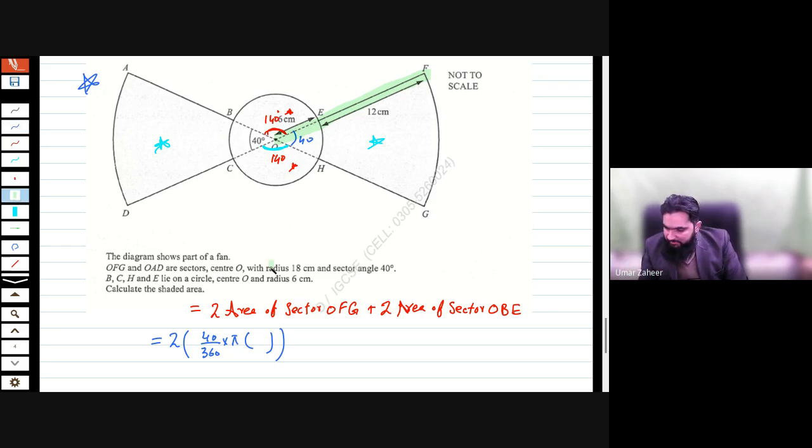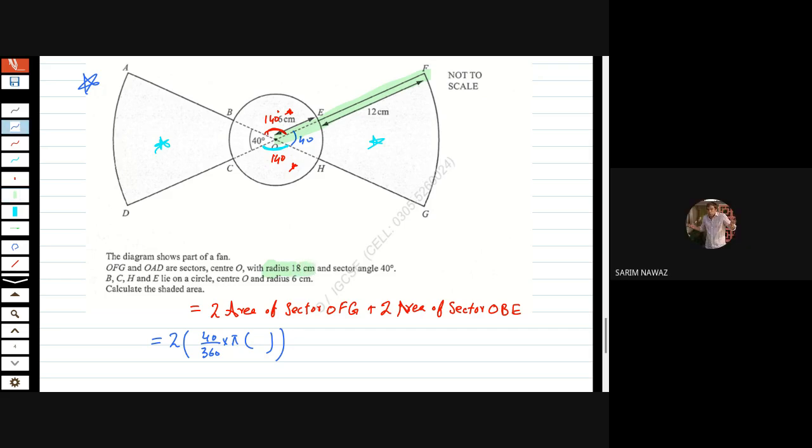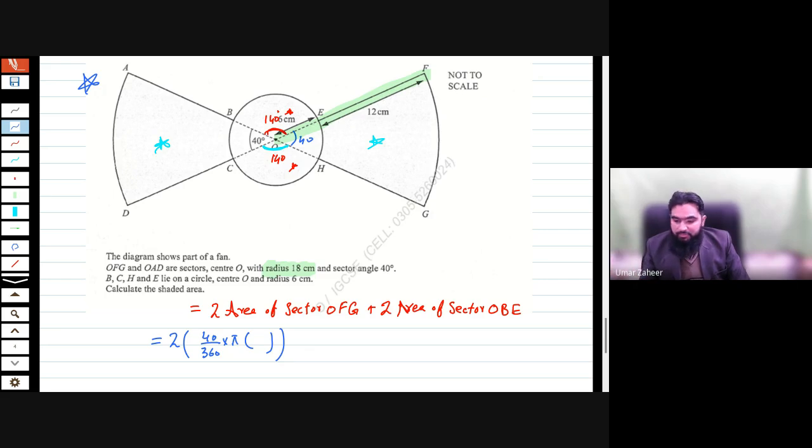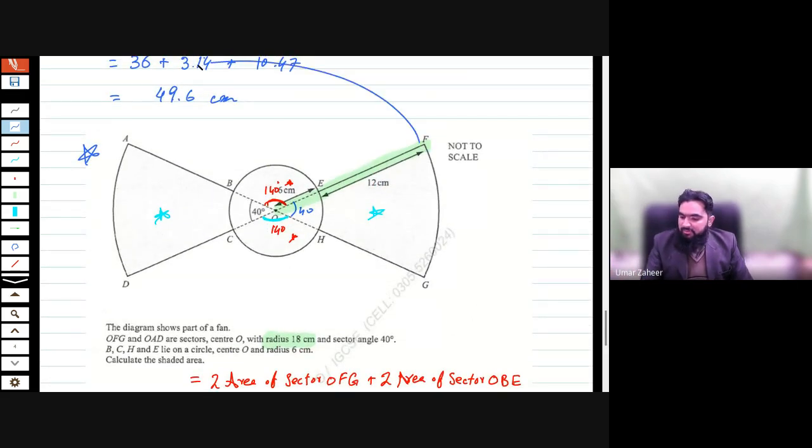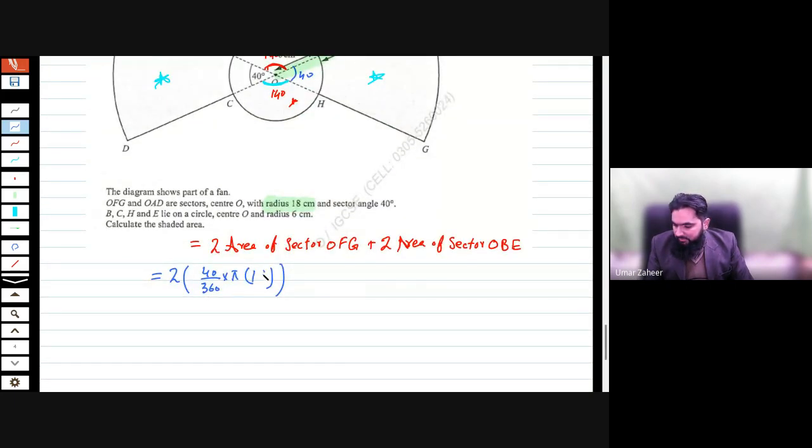It is 18, because this is the whole circle, the bigger one. So it is 2 times 140 divided by 360 into pi times 18 square,